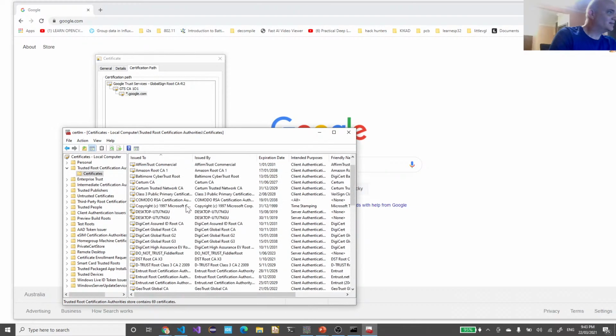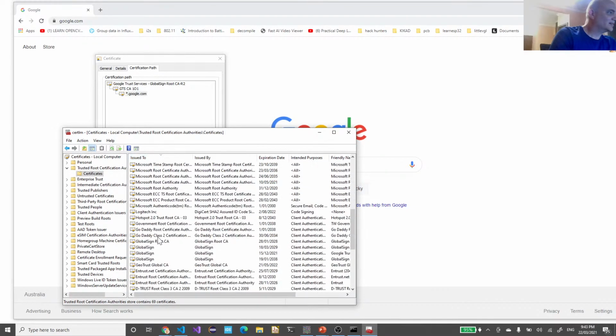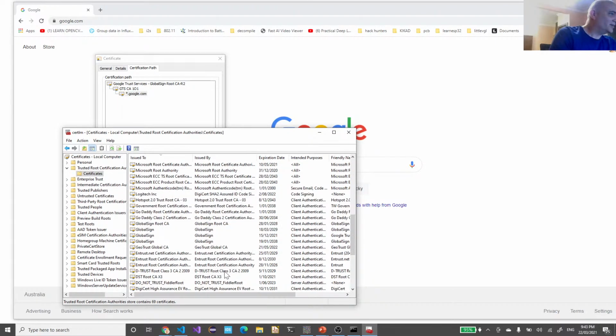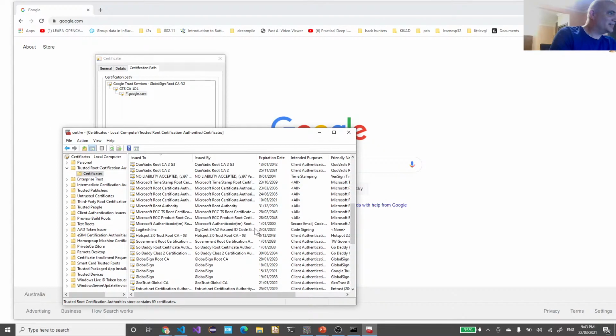Somewhere in here. There's GoDaddy ones, there's all sorts of different ones. Google Trust, somewhere in here. It must be in here. So my eyes are not just picking it up right now, but if I looked for a bit longer, I